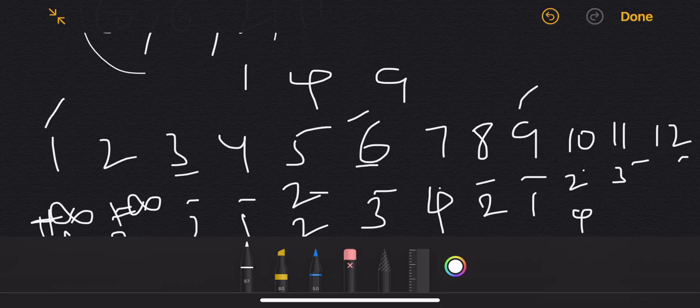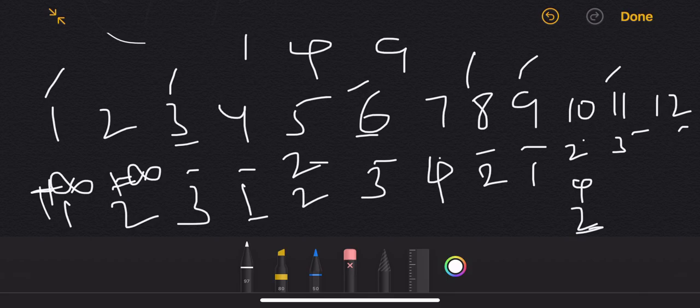And let's see for 12 now. So this is the final state, that is the answer state. So if we see for 12, what are the nodes that can lead to 12, which is 12 minus 1, 11, and 12 minus 4, 8, and 12 minus 9, 3. 3 already has 3 hops, so if we are coming from 3, we can come to 12 in 4 hops, and 8 already has 2 hops, and if we are coming from 8, we can come to 12 in 3 hops. 11 already has 3 hops, so if we are coming from 11, we can come to 12 in 4 hops. So what is the minimum number of hops here?